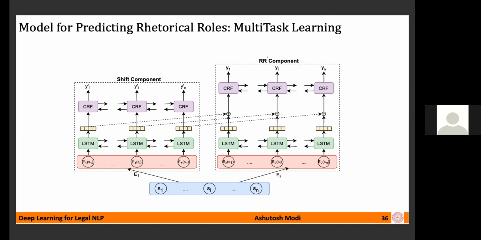And for the main prediction, our rhetorical role prediction part, we have a similar architecture. We take the sentences, obtain the representation using sentence BERT, and then pass these as input to the BiLSTM architecture. And then these are combined with the predictions coming from the shift part, concatenated with them basically, and then fed to a CRF. And at every step, we are predicting one of those 9 labels that I showed earlier, whether it's a fact or precedent and so on. So that's the overall model or the architecture.